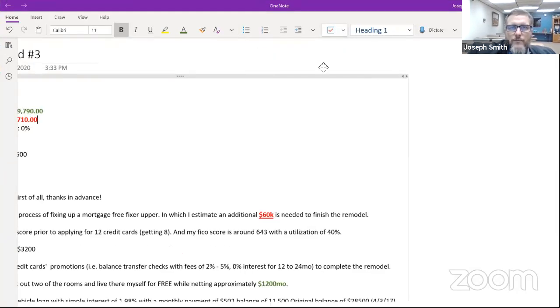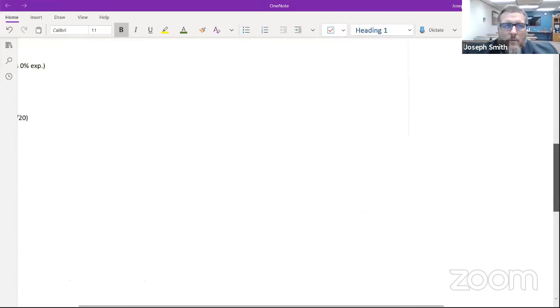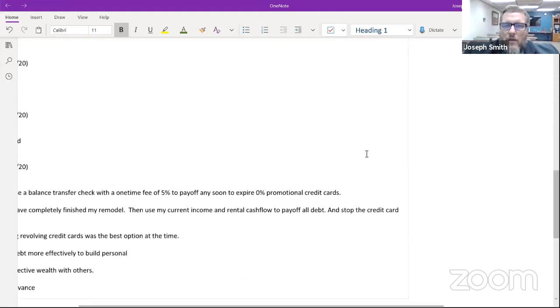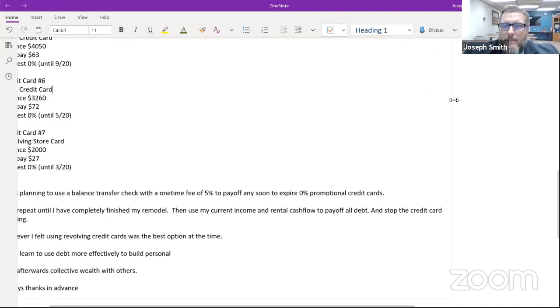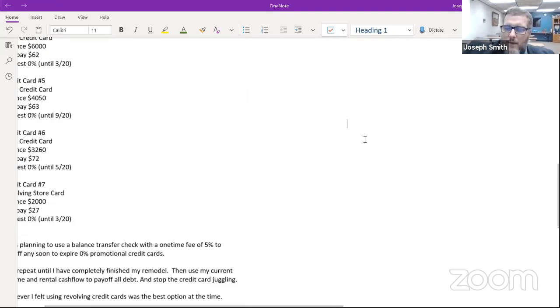We are going to look at a new part of it. So what are we looking for? We are looking for somebody, what do we need? Somebody with a 680 credit score and utilization under 30%, right? And their DTI, right, under 45%.